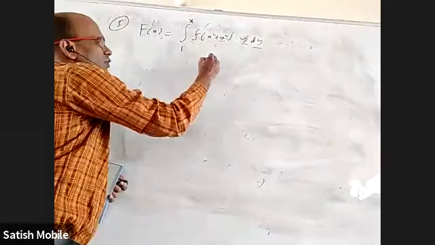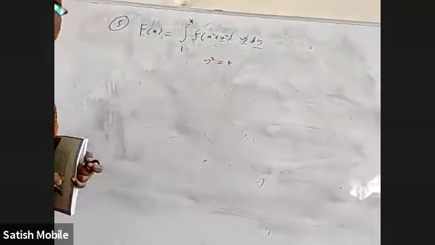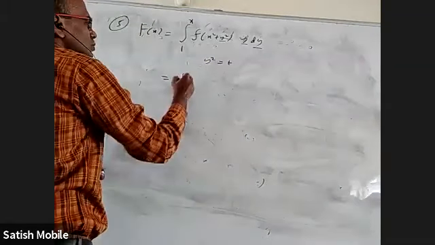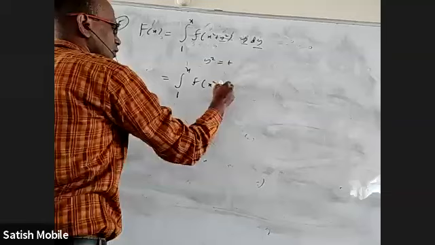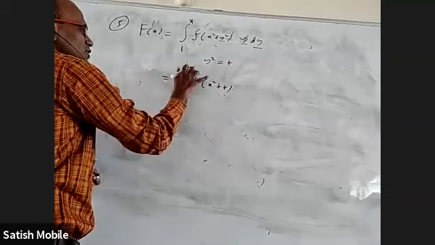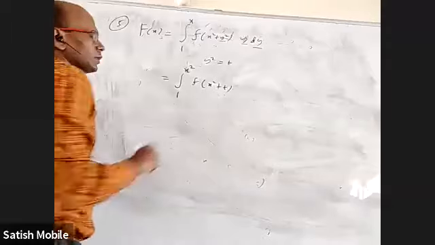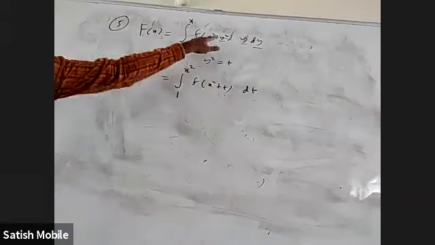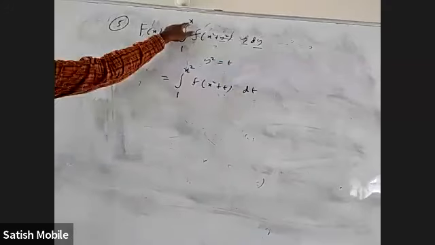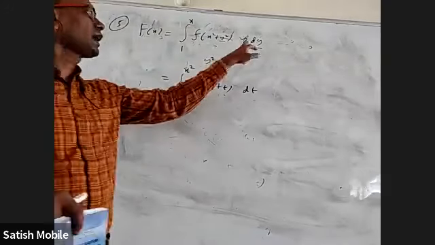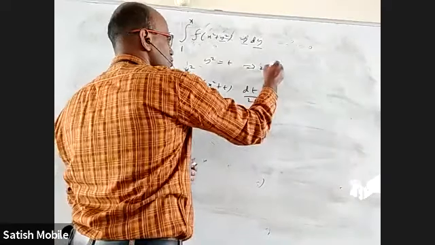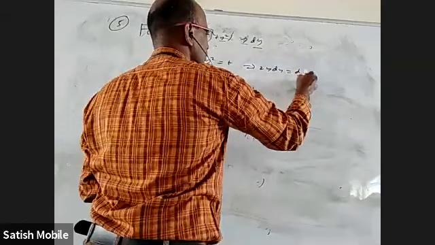So I am going to take y square as some t, all right? And then this will become dt. So it is integral 1 to x of f of x square plus t dt. Will the limits also change? Yes, it is 1 to x square. I took y square as t. Earlier when y is 1, now t will be 1. Earlier when y is x, now t will be x square. And y dy will be dt by 2, sorry. When I differentiate this, 2y dy equals dt, so y dy is dt by 2.